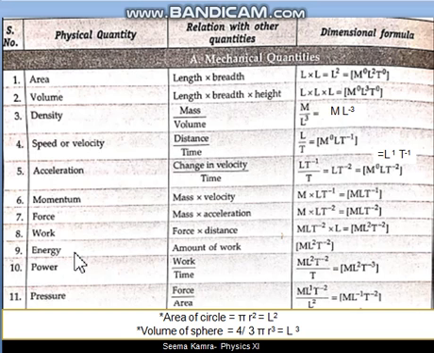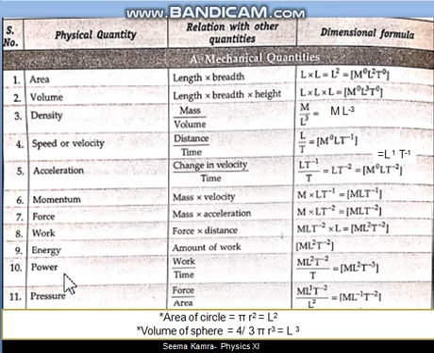Whether we are talking about work or energy, they both are expressed in joule. Joule is the SI unit. So if the units of any two quantities are the same, then their dimensional formula will always be the same. So for the energy formula, whether we find kinetic energy or potential energy, which we have practiced in the previous video, the answer will be the same as work. So M1 L2 T minus 2 is the answer for energy also.